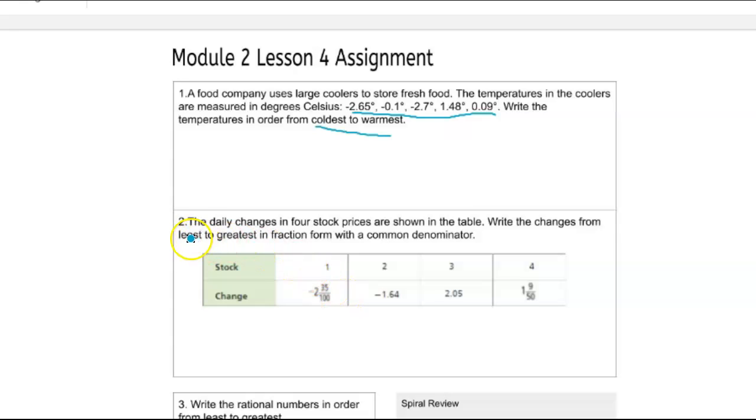Now this next one is least to greatest, and you're going to use these numbers right down here. The largest number is going to go last. But before you start changing things, keep in mind it does tell you to write the changes from least to greatest in fraction form with the common denominator. But if you look on this, you're not going to have to change things because you're going to look at